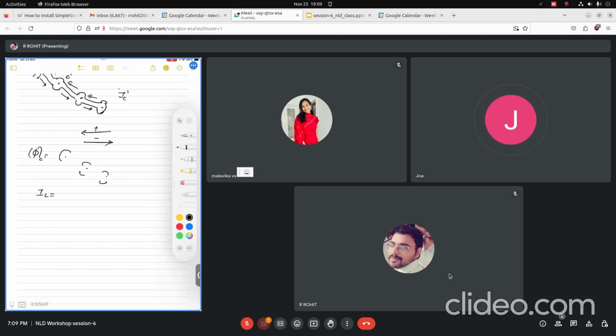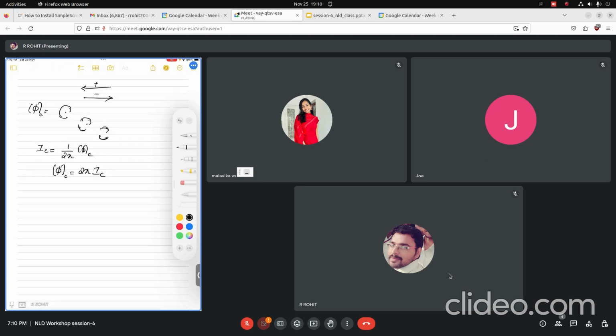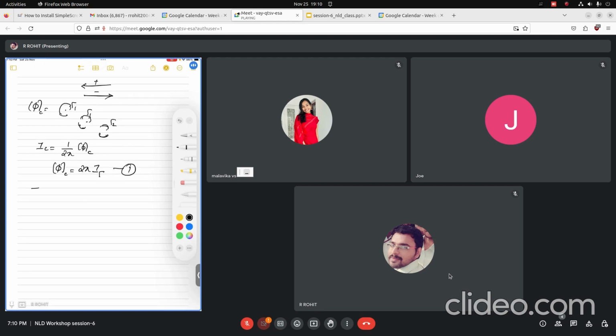So from the definition we know 1 by 2 pi times phi of c. This is the index of a closed curve. Now here we know the angle only. What is the angle phi of c the vector field covers, we know. So you know only phi of c, which is nothing but 2 pi times I_C. So now say these are 5, say I just mark it with tau something. So this will be phi of tau, to differentiate the original curve and the new one. Now this is the one known thing now. So we need to find the,